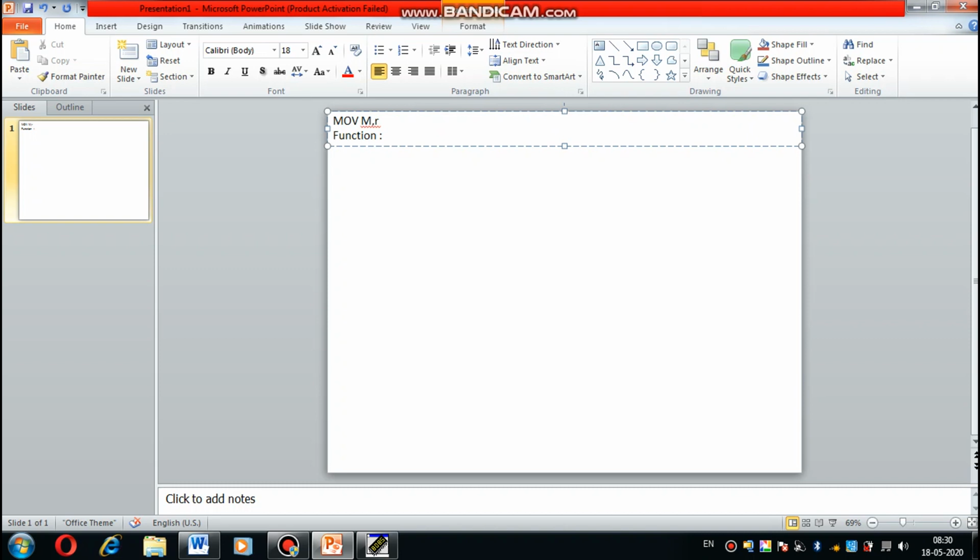That is, the content of the given register in the instruction is copied to the HL memory location.